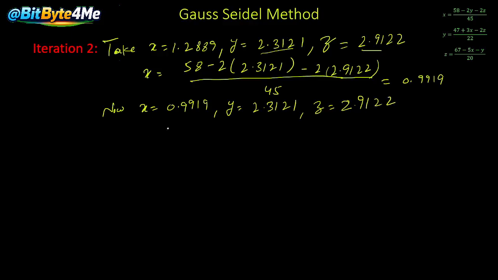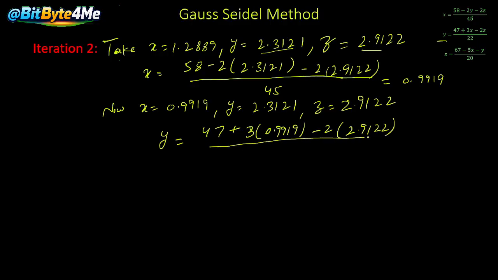So now we will calculate the value of y, that is y is equal to 47 plus 3 into x, 0.9919, minus 2 into z, 2.9122. This will be divided by 22, and if you solve it you will get the value of y as